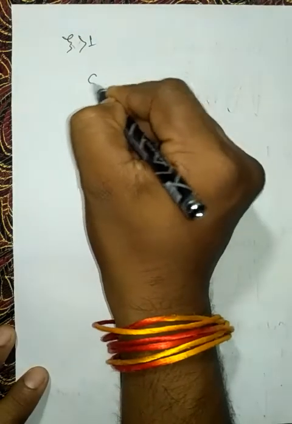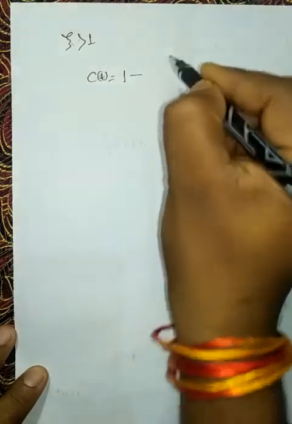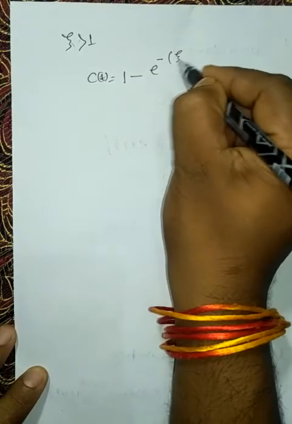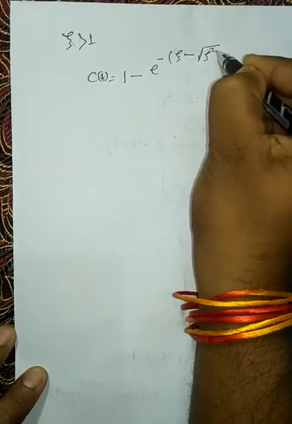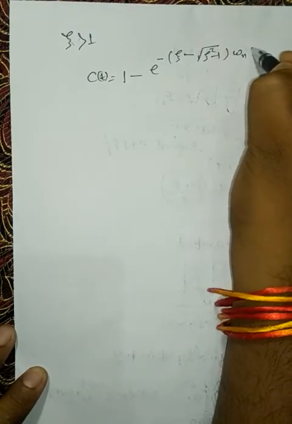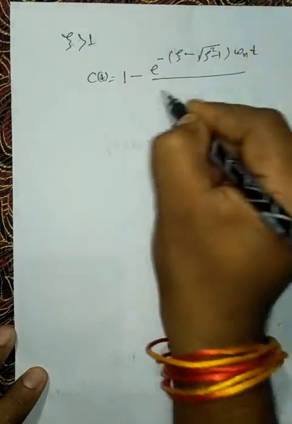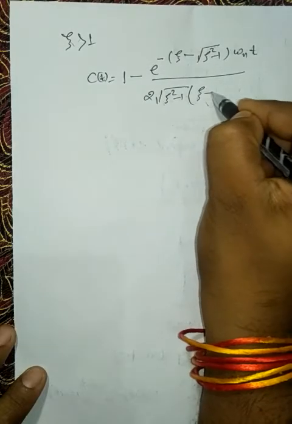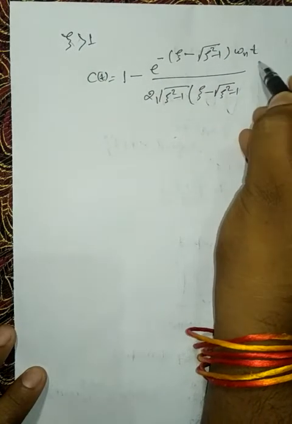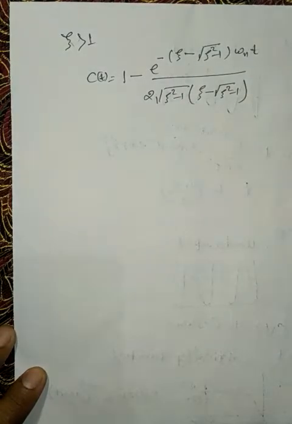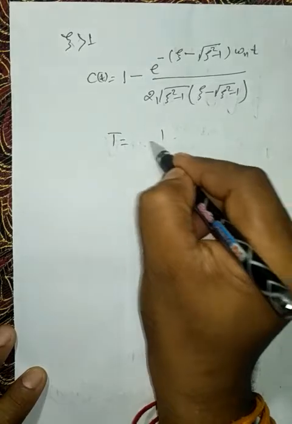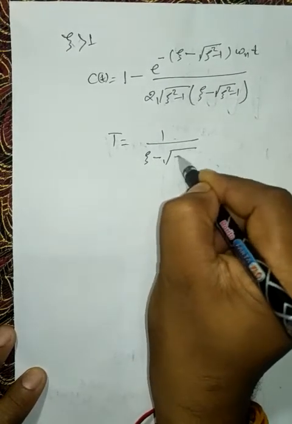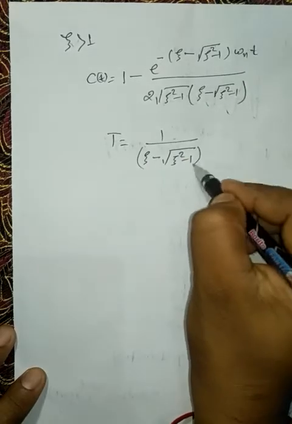In this case our C(t) becomes 1 minus e raised to minus (zeta minus under root zeta square minus 1) omega n t divided by 2 under root zeta square minus 1 (zeta minus under root zeta square minus 1), and the time constant T is equal to 1 over (zeta minus under root zeta square minus 1) omega n,